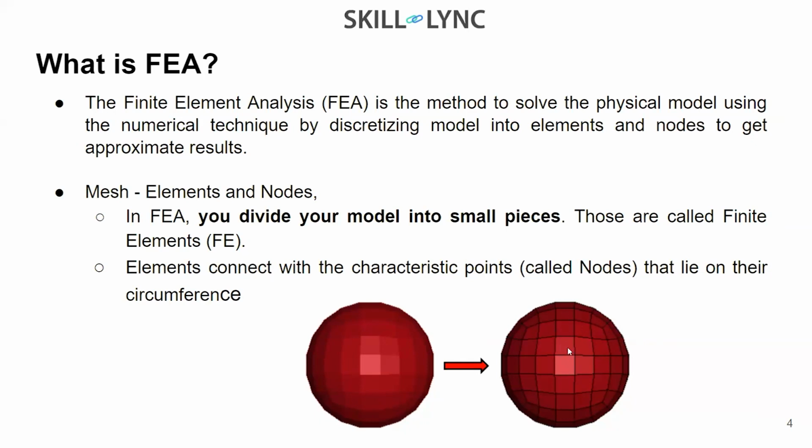Or in simple words, I can say that it is almost like a hexagon, right? A small hexagon is covering that solid sphere right over here. So that's the thing, right? So again, the endpoints: there is an endpoint right over here, from where one hexagonal block is connected to this hexagonal block at a point, right? That we call a node.